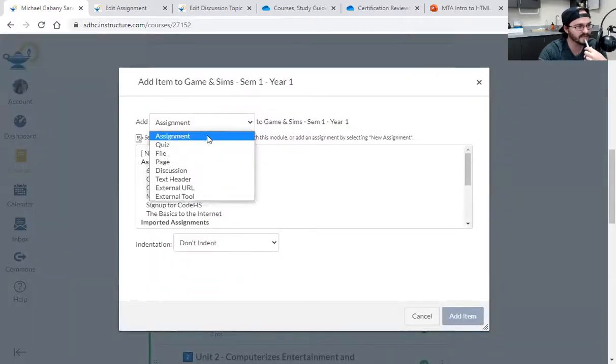do I want it to be an assignment, a quiz, a file, a page, a discussion? I probably want it to be an assignment. And the reason is I want to make sure that I'm holding the children accountable for having read it.